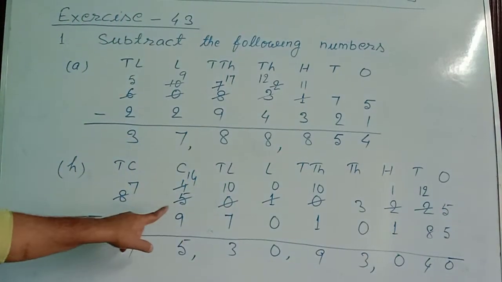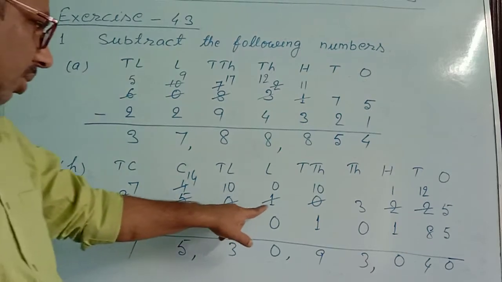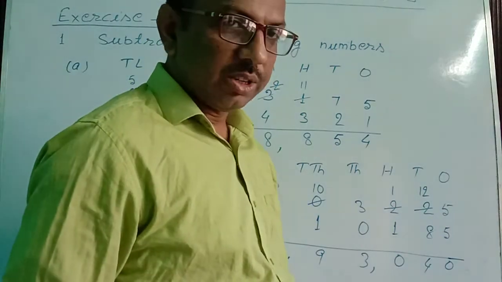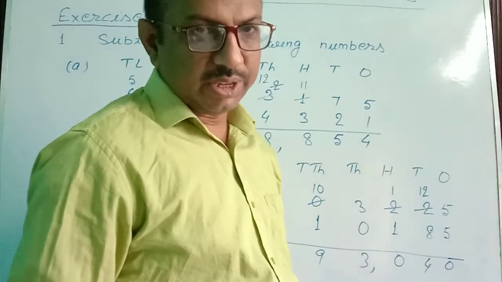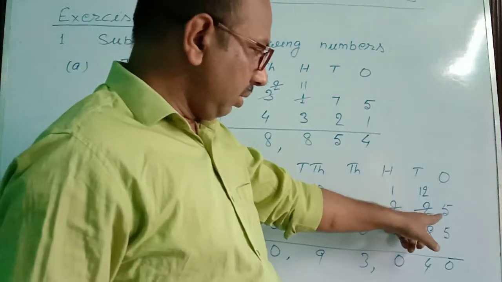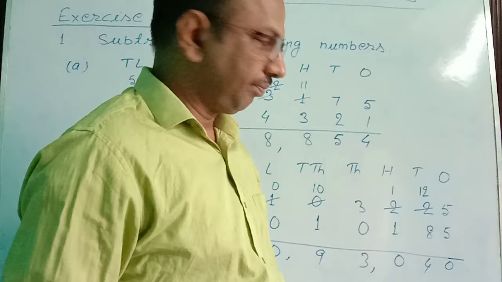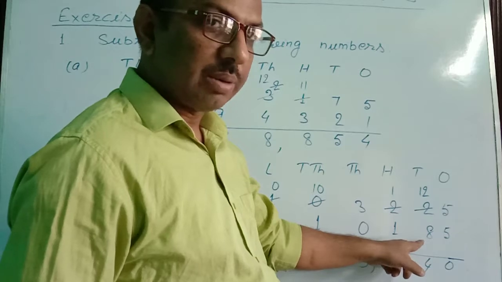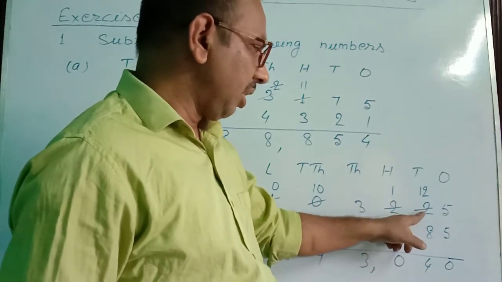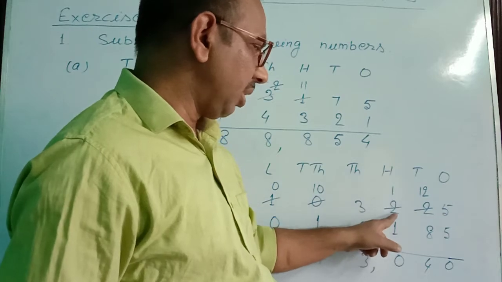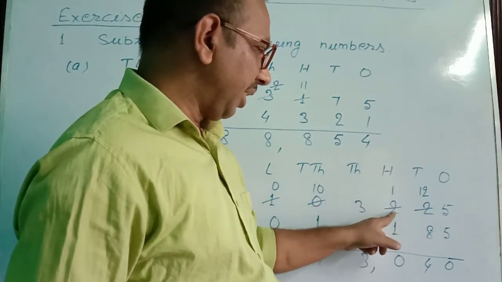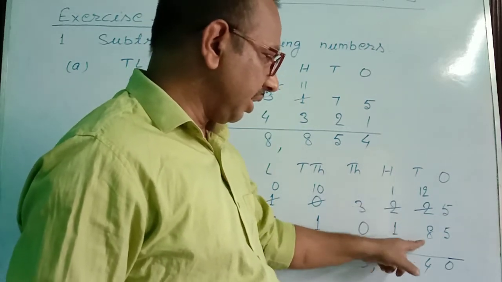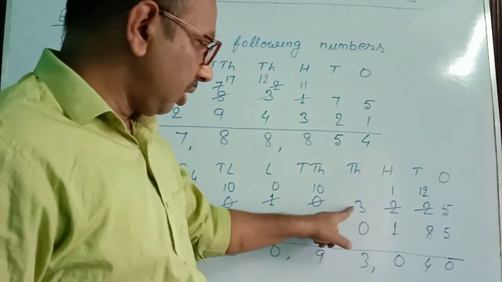70,10,185 from 85 crore 1,03,225. So first we subtract the ones place, then tens place, then hundreds place, thousands place, and so on. Subtraction of ones place, 5 minus 5, 0. Now subtraction of tens place, here is 2, here is 8, so 2 is smaller than 8, we cannot subtract. For that we have to make it greater, and to make it greater we'll take 1 from here, so it became 12. When you have taken 1 from here and only 1 is left, so I cut it and wrote here 1. Now 12 minus 8, 4. 1 minus 1, 0. 3 minus 0, 3.